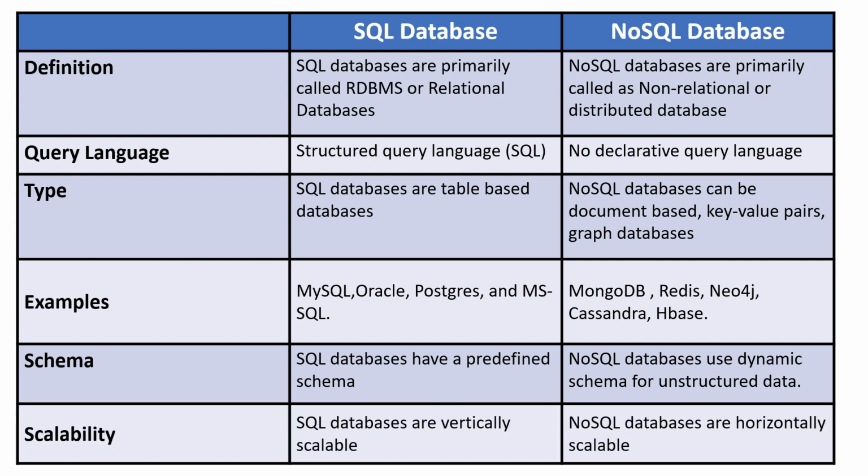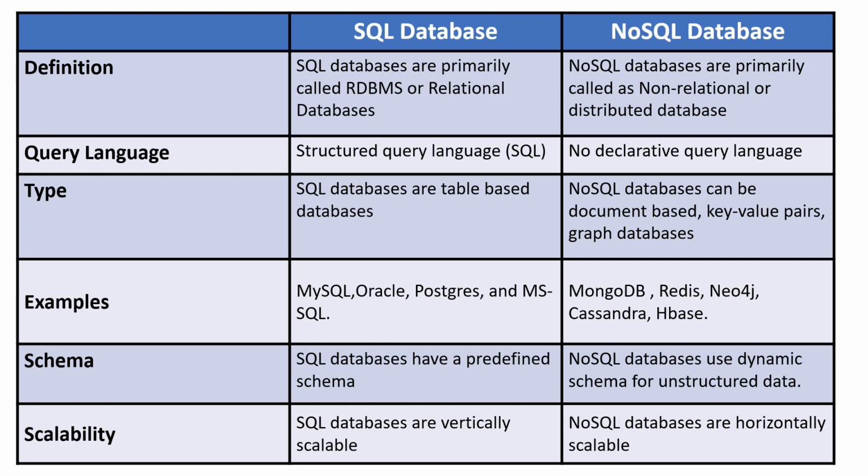SQL databases are vertically scalable while NoSQL databases are horizontally scalable. Here scalable means the ability to adapt to or handle the increase in the size or the amount of the data. That means on what amount of data our database can work. Vertically scalable means we can increase the load on a single server by just upgrading its RAM or SSD, while in horizontal scaling we can distribute the data by adding more servers.